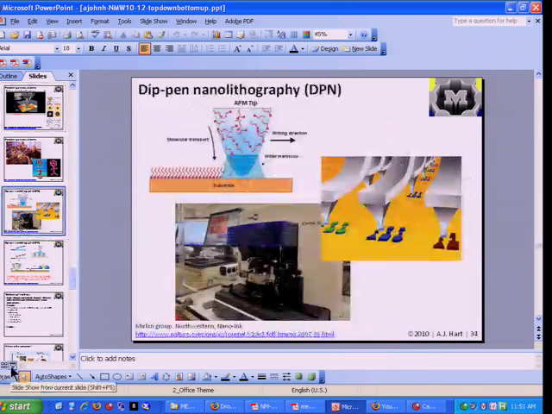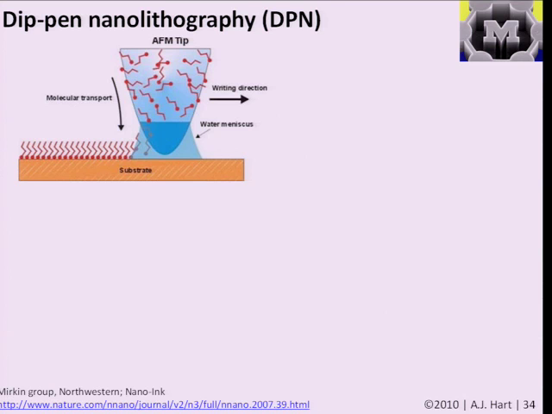And a final area of tip-based manufacturing, and this is kind of where we get to the interface between top-down and bottom-up methods, is what's been called dip pen nanolithography. This was invented by Chad Mirkin's group at Northwestern maybe 10 to 15 years ago, and they thought of building